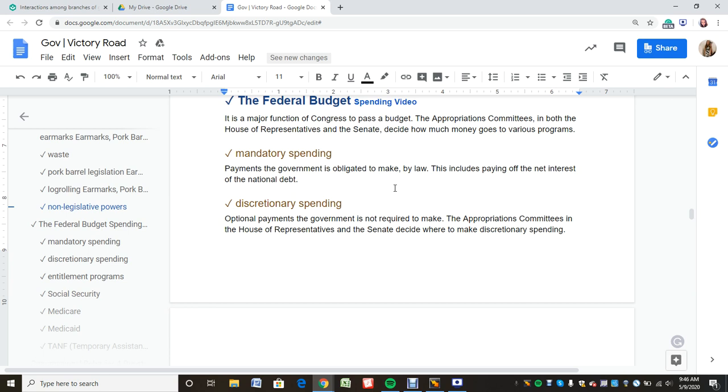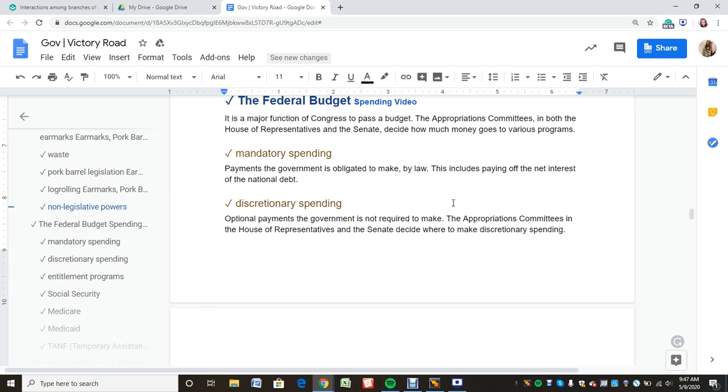And then discretionary spending is those optional payments that technically aren't required, but if you want to have agencies and funding for those agencies and you want to please basically the people, then you need to spend on other programs besides probably what you would have preferred. And so discretionary spending, you might be surprised, actually also includes the military. We're not obliged to spend money on the military, but we do because we have to provide for the common defense.